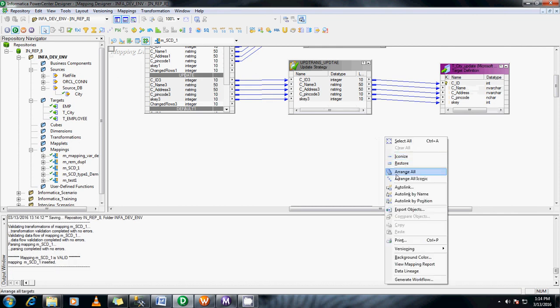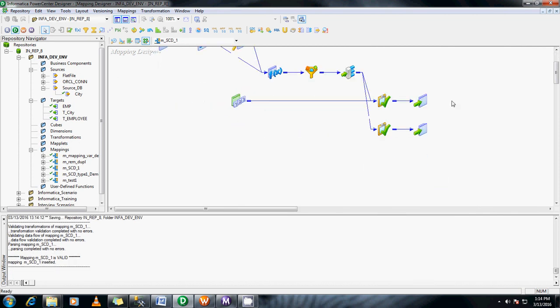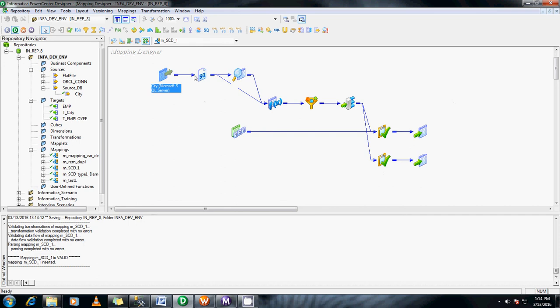Okay, let me arrange all in iconic. So this is what happened here. From the source DB to the mapping designer, the source qualifier is used to convert the data types to the Informatica level. Lookup transformation just checks whether the ID is already present or not. If it's present, I have passed the columns from both the source qualifier and the lookup transformations. I have written expressions to decide whether it's a changed row or a new row based on these lookups, and I've filtered the rows which we require instead of all the records.